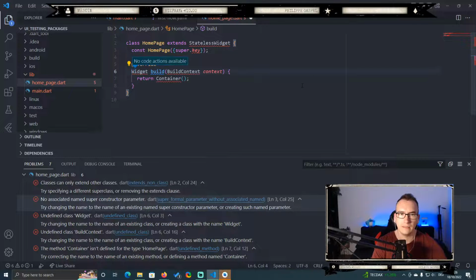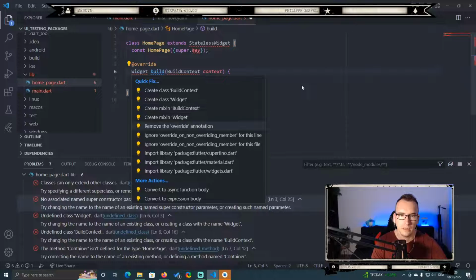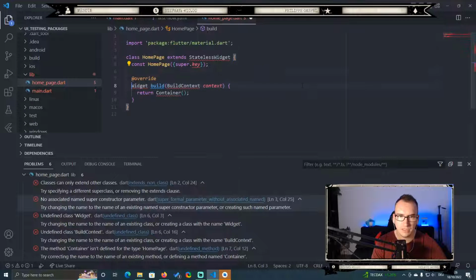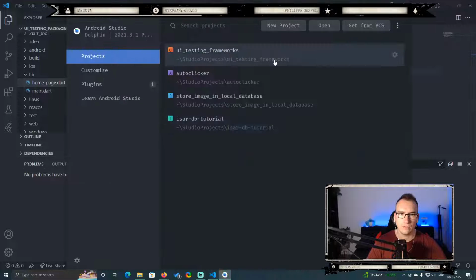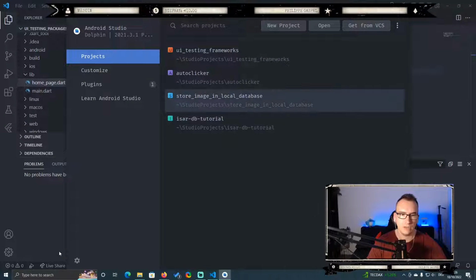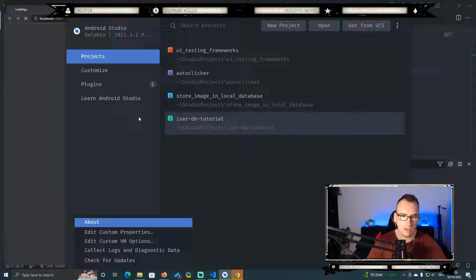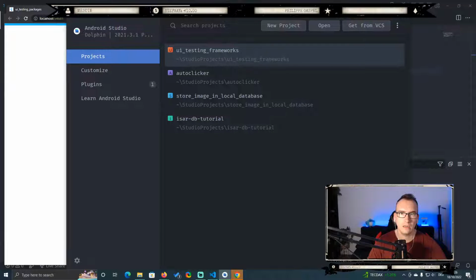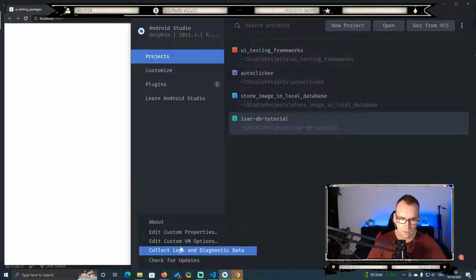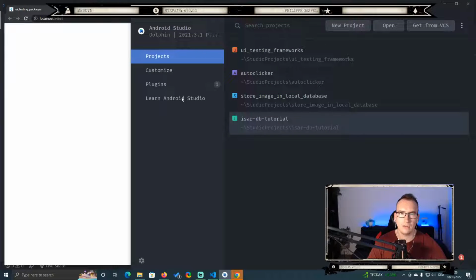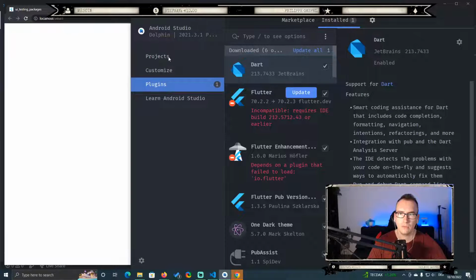Alt-Enter is it? Okay, import material. Thanks. So, and here we just want to have the settings because I want to be actually in custom property about. No, I search for